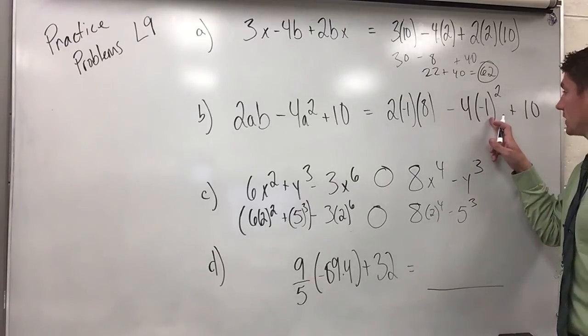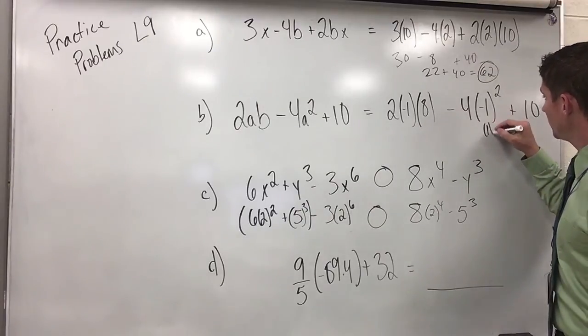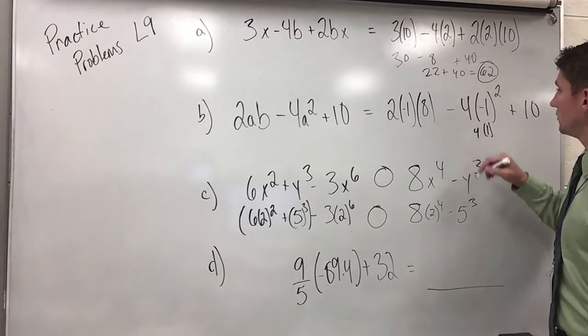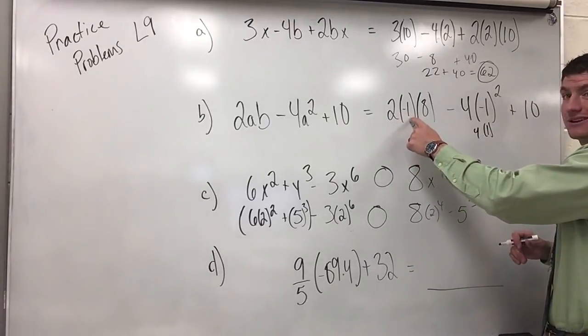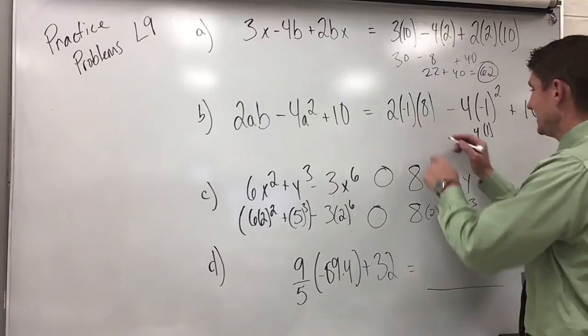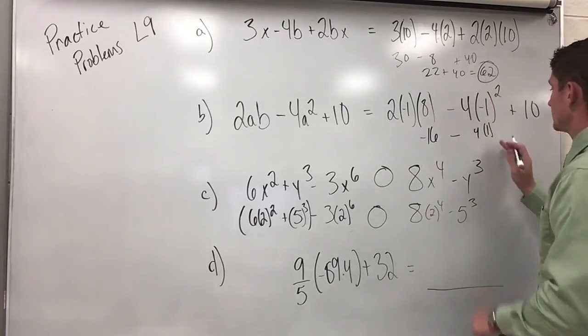Two negatives multiplied together would make a +1. So this would be 1 times, in this case, 4. And now I can do my multiplication across the board. So 2 times -1 is -2, times 8 is -16, minus 4 times 1 is going to give me what